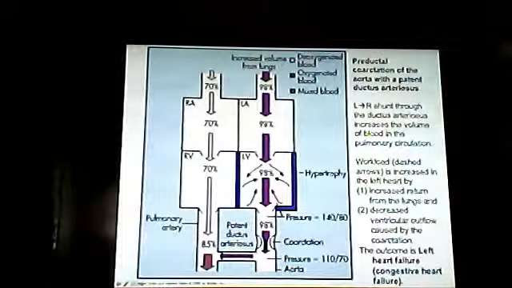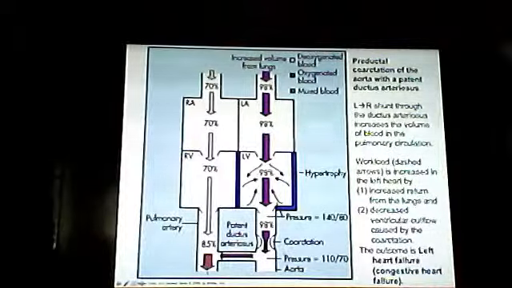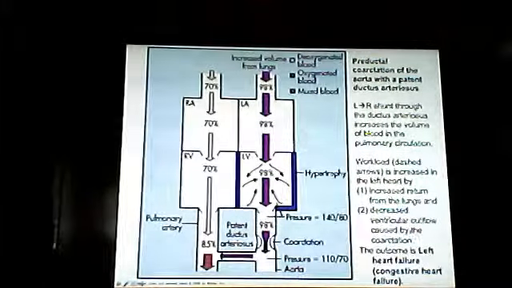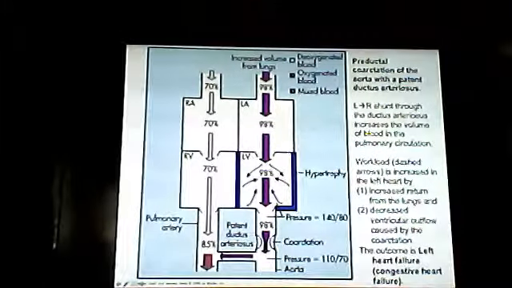Preductal, meaning the coarctation is actually above where the branching is, so you have less blood flow to everywhere in the heart, and then you also have blood going through to the pulmonary side, so you have increased return from the lungs and decreased ventricular outflow caused by this coarctation, and eventually the left heart can fail because this has to push to the rest of the body,